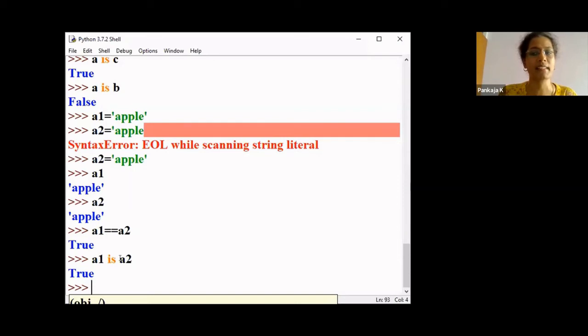When I say strings, are they mutable or immutable? Immutable. You cannot make any changes, right? So A1 is A2 gives true because both A1 and A2 are pointing to the same object, that is apple. Is it clear? But with a list, if I had done the same thing, it would have given me false because A1 and A2 would create different objects.